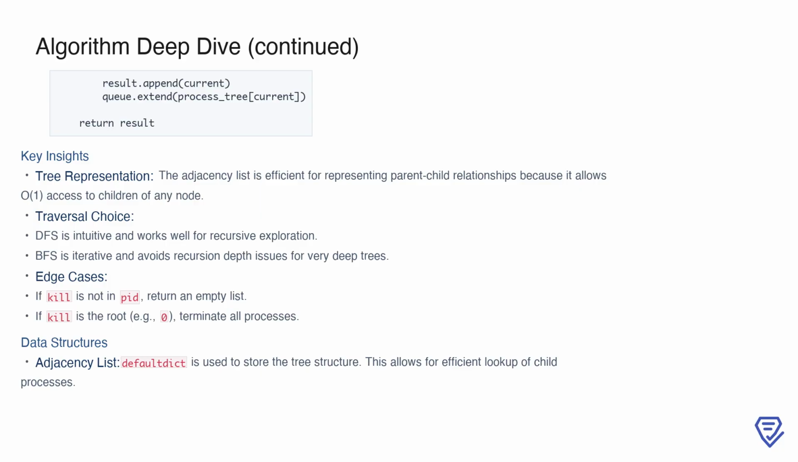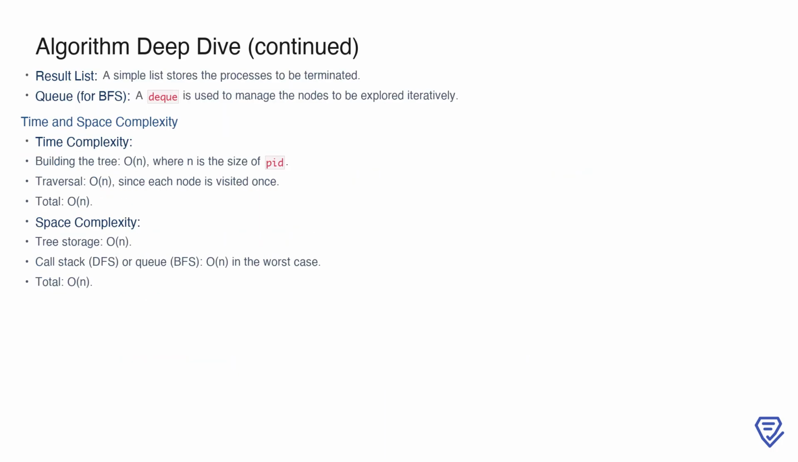Edge cases to consider include scenarios where the kill node is not in the PID list, in which case the output should be an empty list, or when the kill node is the root of the tree, leading to the termination of all processes. The result list is used to store all the processes that need to be terminated, and depending on the traversal method, either the recursion stack, for DFS, or a queue, for BFS, is used to manage